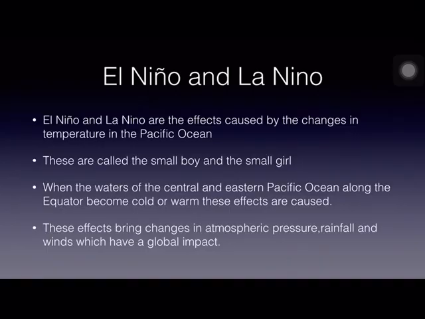Now let us see what are the effects of El Nino and La Nino. When El Nino is caused, it weakens the southwest monsoons. As you know, in India, all the regions get good rainfall due to southwest monsoons. If these southwest monsoons are weakened due to El Nino, India may get erratic rainfall. That means no rainfall or very little rainfall. On the other hand, La Nino strengthens the southwest monsoons. So, India may get good or enough rainfall. So, La Nino is beneficial for India and El Nino proves to be harmful.